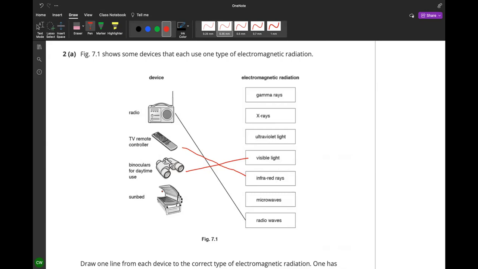Suntan. What causes sun tanning? Sun. In what form? In the sun there are two things, right? One is ultraviolet, one is infrared. So we get sunburn because of infrared. But this is sun tanning. Sunbed means you go inside, you want to get darker. This is ultraviolet. OK, suntan, sunbed.